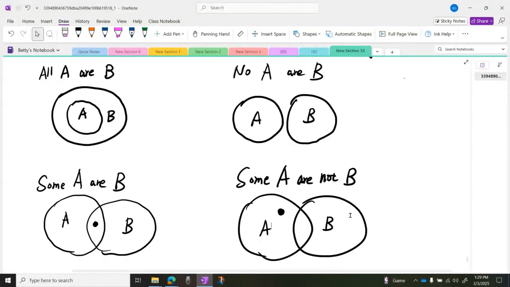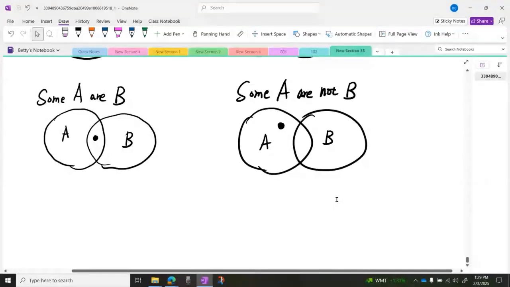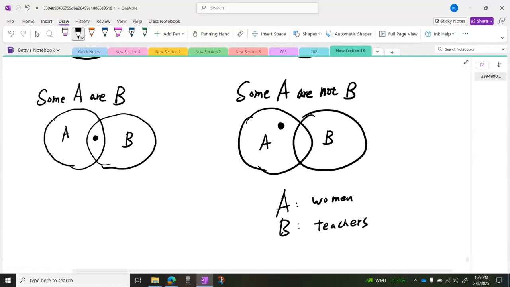Some A are not B. Okay, how about the same example as earlier? If we let A be the set of all women and B the set of all teachers, then the statement says some women are not teachers, right? Maybe the dot is